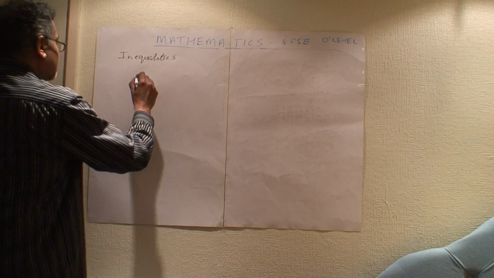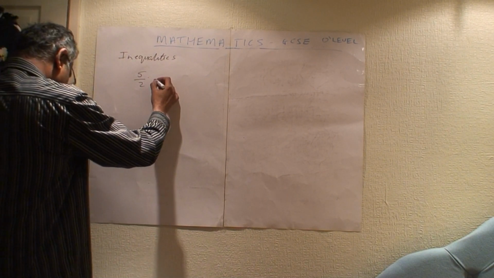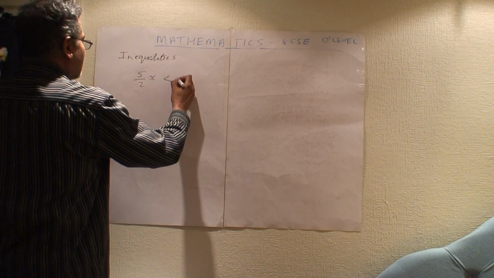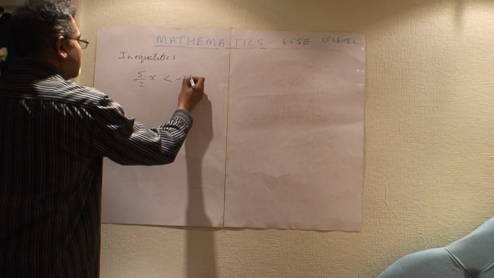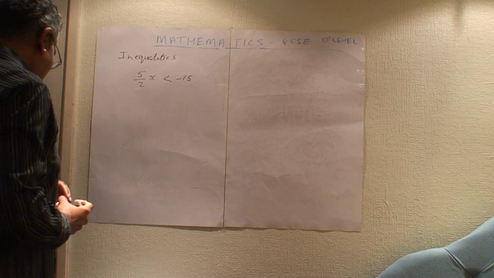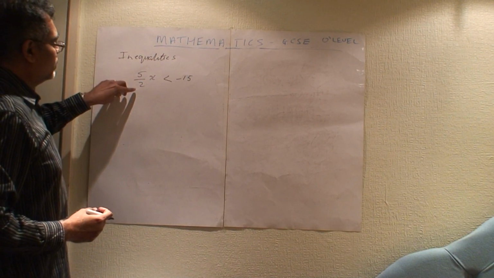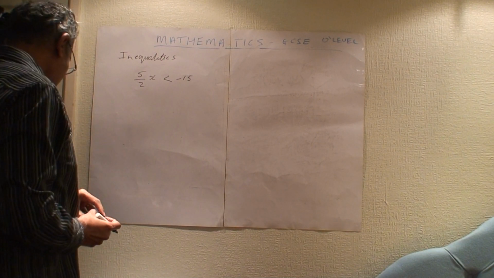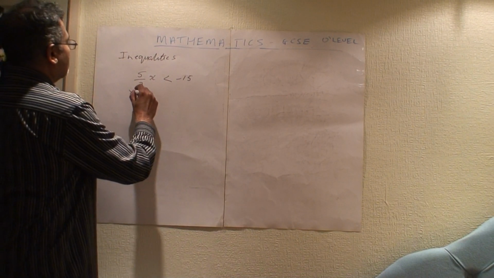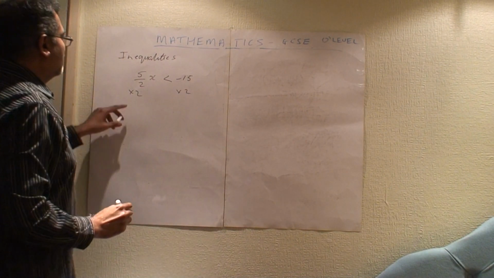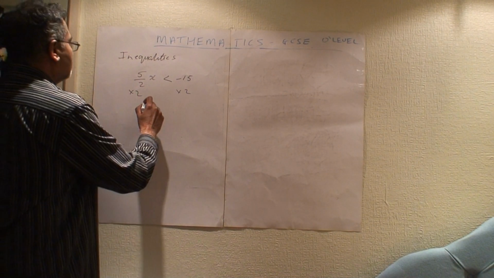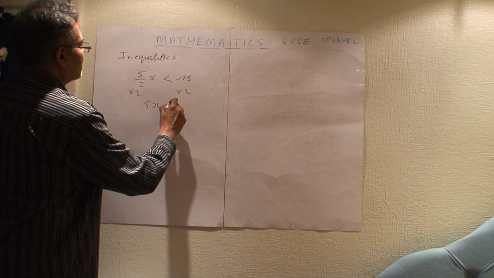Okay, another example. 5 over 2x is less than 15. Okay, so in this example we have a fraction, 5 over 2. We want to get rid of the 2. So to do that we have to multiply both sides by 2. So multiply by 2, multiply by 2. So 5 over 2 multiplied by 2, we are left with 5x is less than